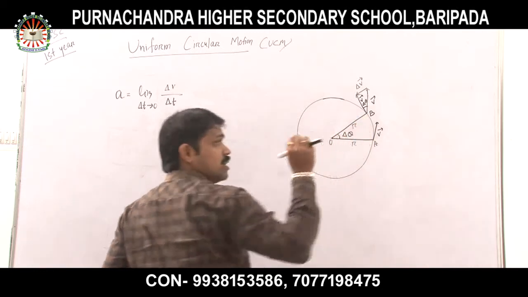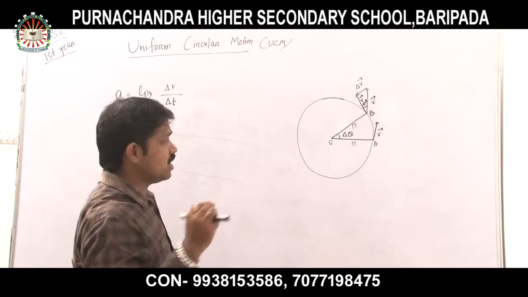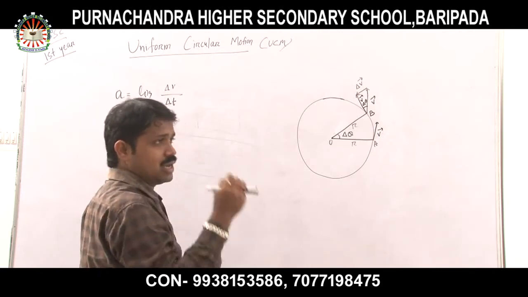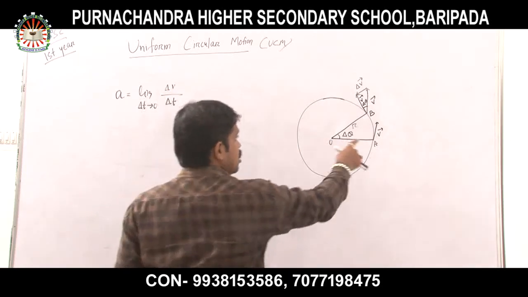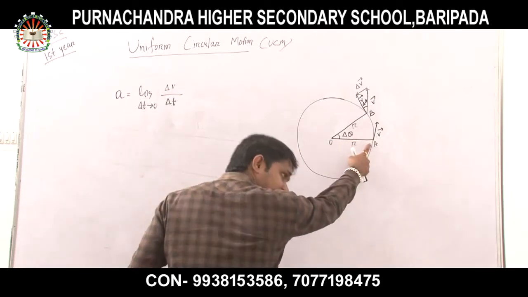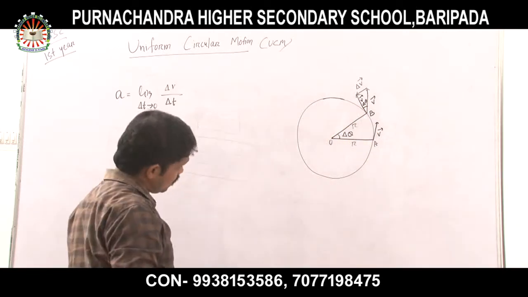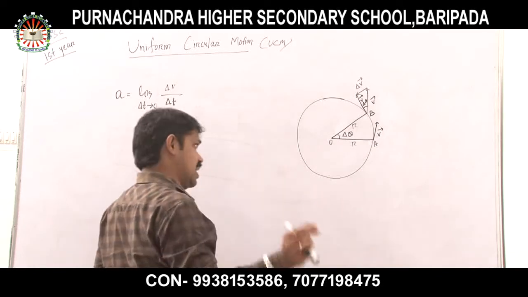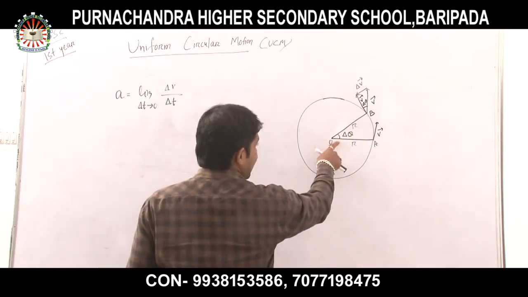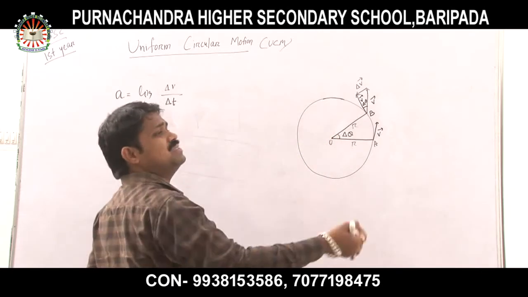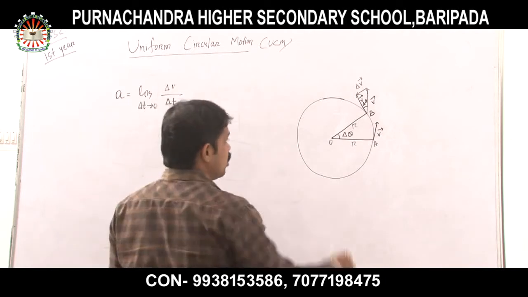Clear? So at a time interval del t. Okay, listen very carefully. Let us consider an object having uniform circular motion, starting its journey from A and ending its journey at B, at a time interval del t. During its motion, the angular displacement the object had is del theta. Clear all of you? Now look at the figure.